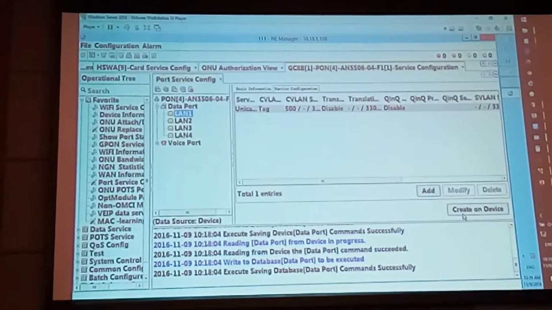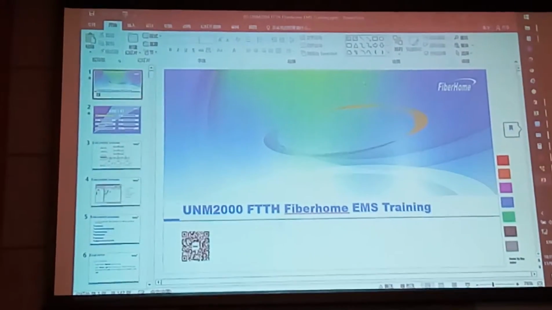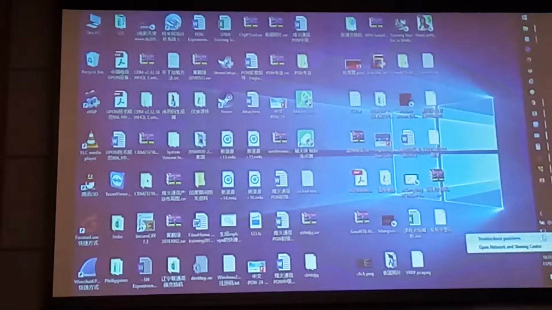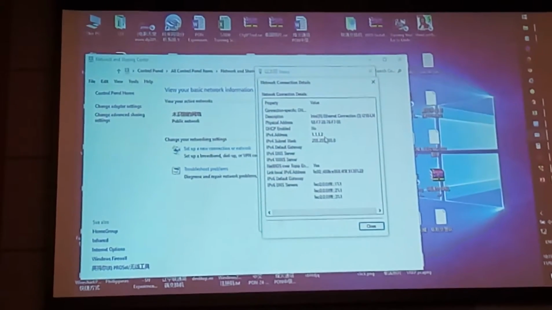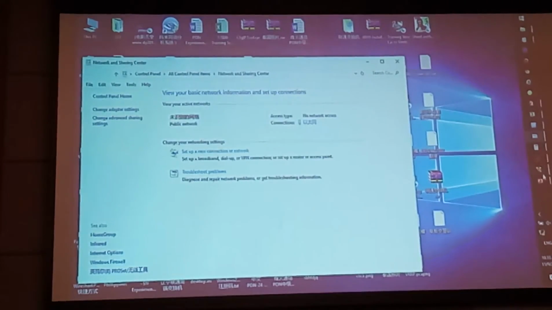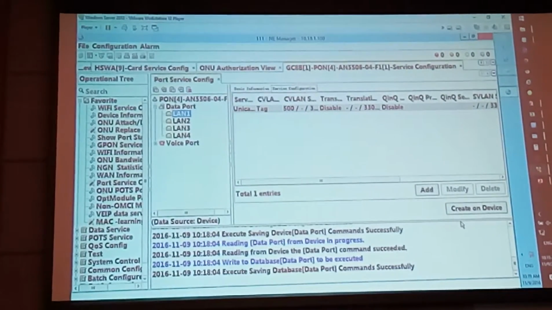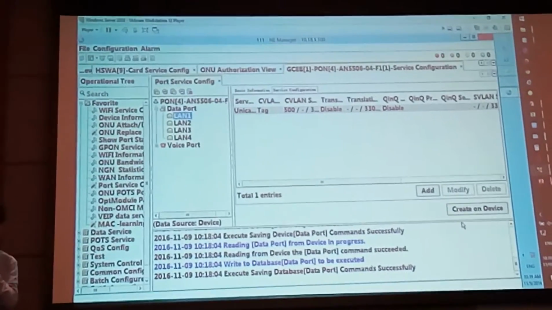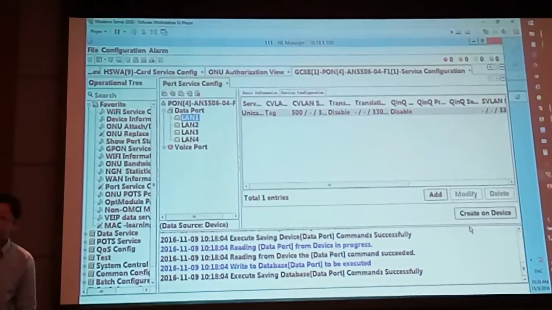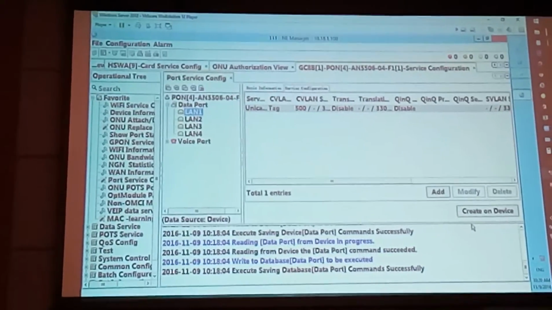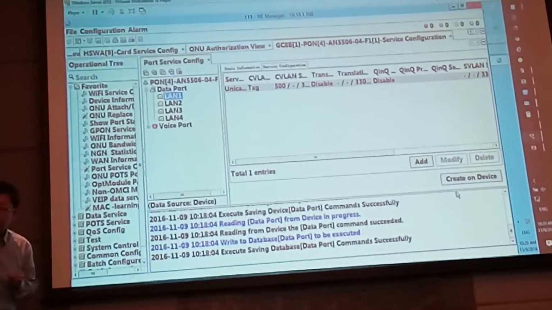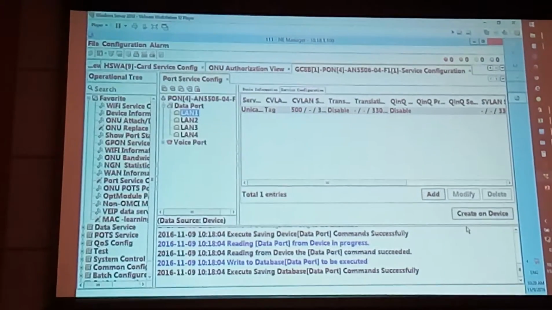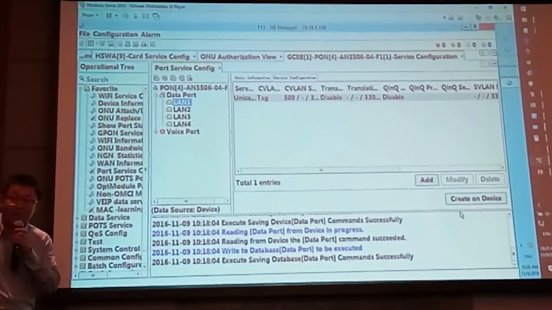Outside, this is Windows 10, and the IP address is the service IP address 1.1.1.2. His IP is 1.1.1.1. And inside the virtual PC, the IP is the server IP 10.18.1.240. So this inner virtual adapter and the outer physical adapter work in bridged mode. That is just like, okay, my computer now has two